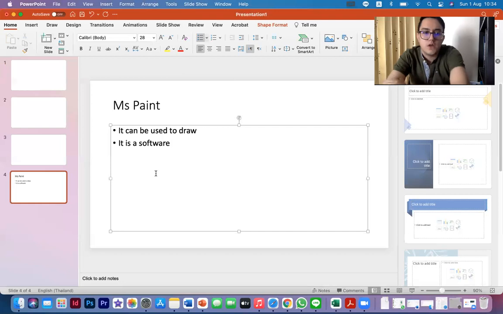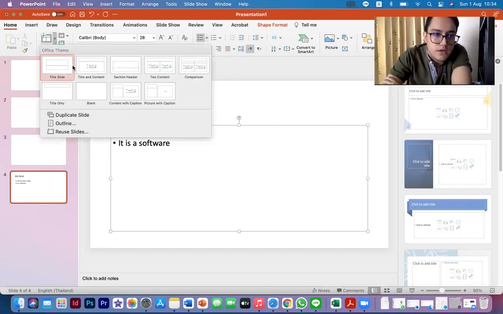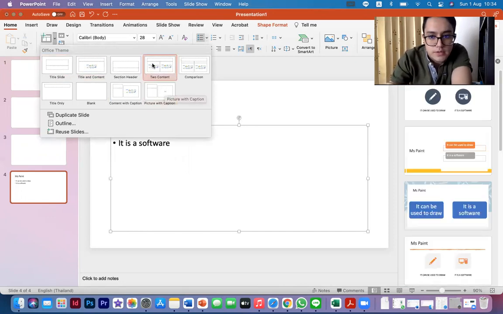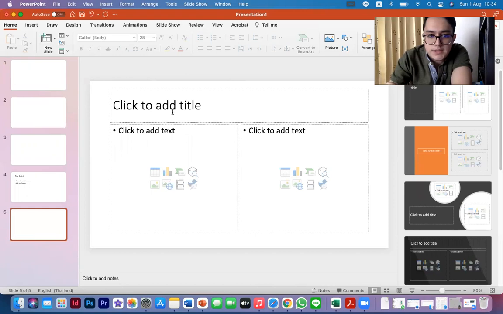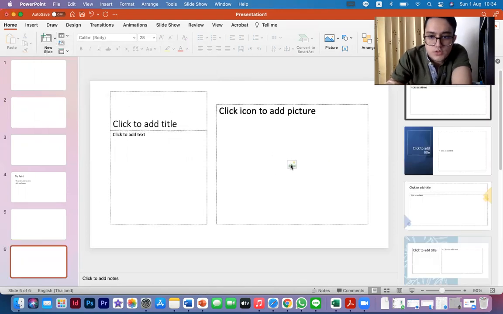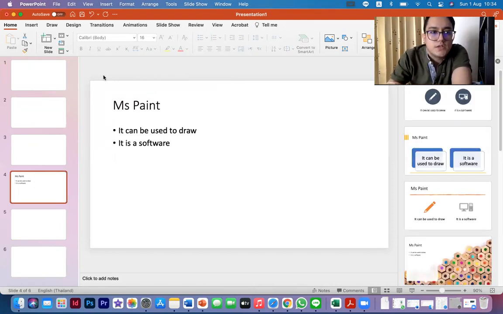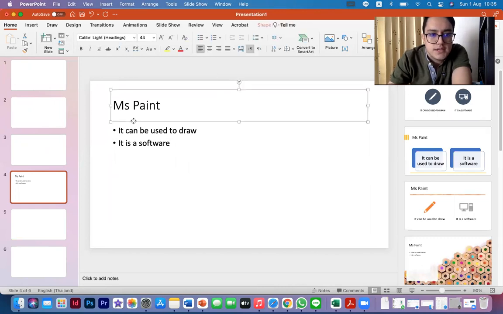All right. So this is how you do it. And maybe you want a different style of page. Maybe you want one like this, so you will have one title and two text areas. Or you want another one, where you add a picture, a title, and some writing. All right. So what we have next is,